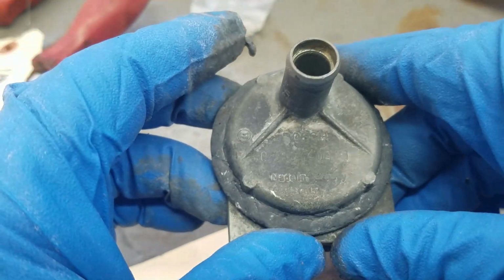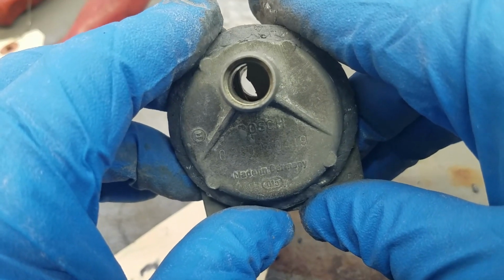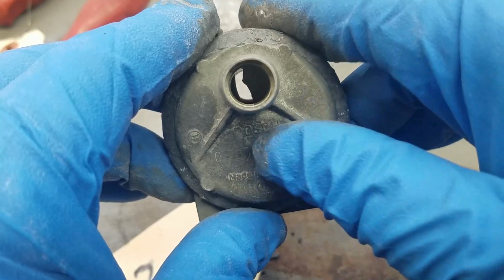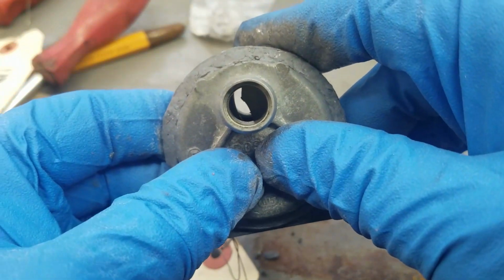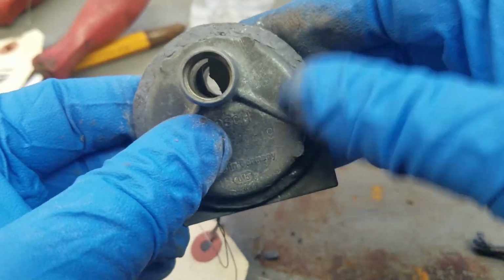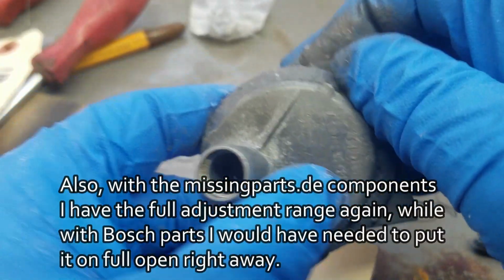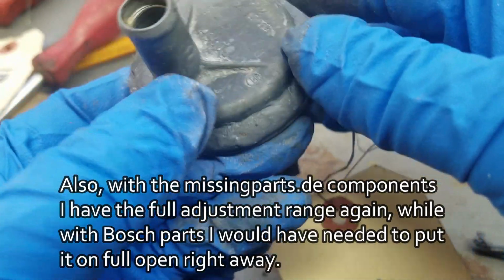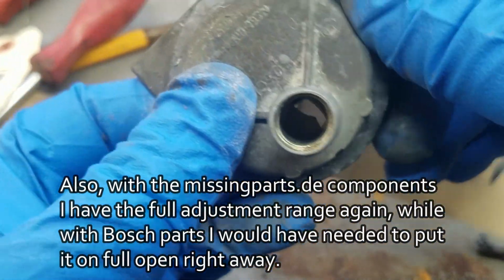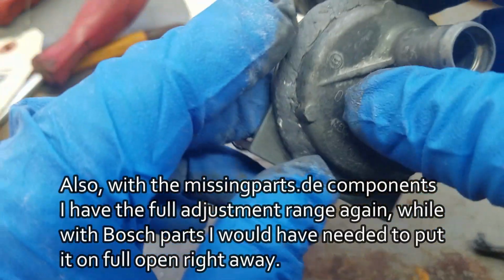But I wanted to use the Missing Parts components, and this gives me a larger air temperature, room temperature opening than the original Bosch parts, and this is what I want. This gives me higher startup RPM and probably a longer closing time. I'm gonna measure that tomorrow and compare that to the Bosch new old stock unit